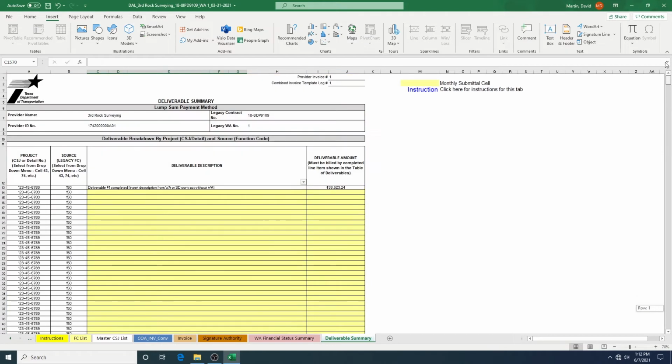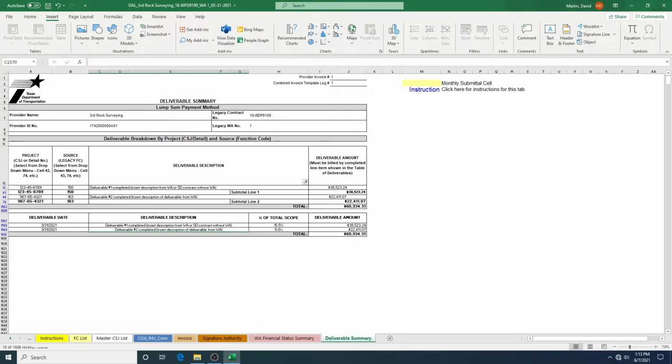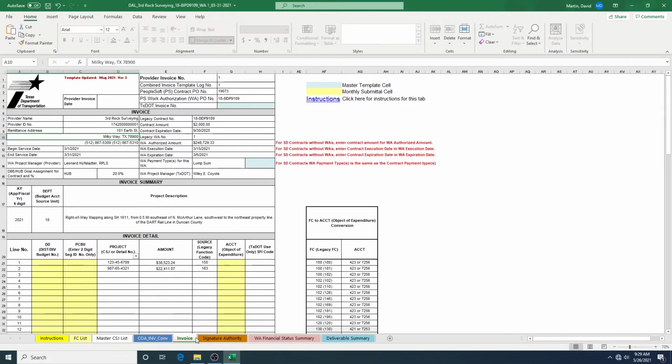Scroll to the top and click in the lower right corner of the deliverable description header. Uncheck blanks and click OK. Coming back to the Invoice tab in the Details section, it's now time to enter final information in the remaining